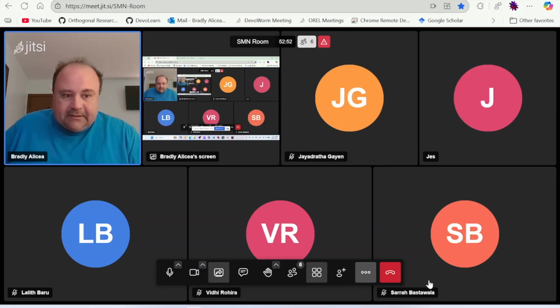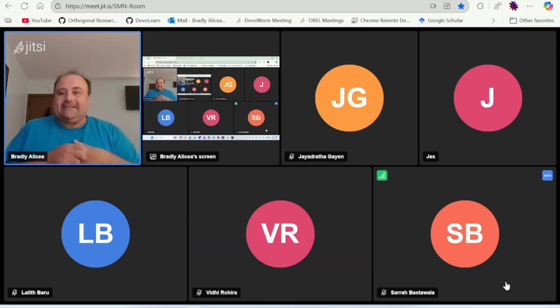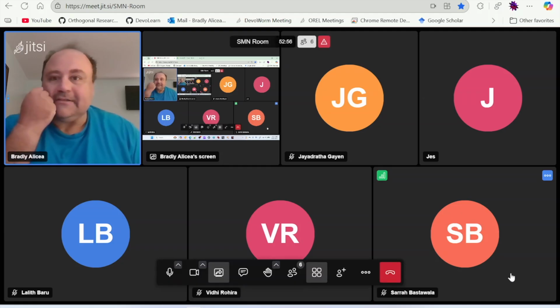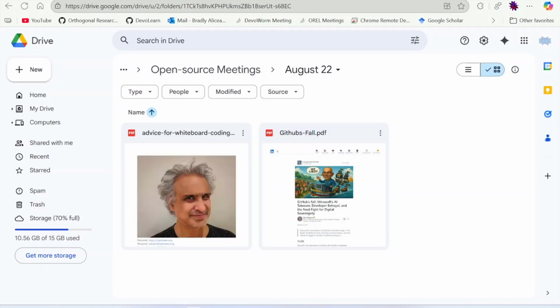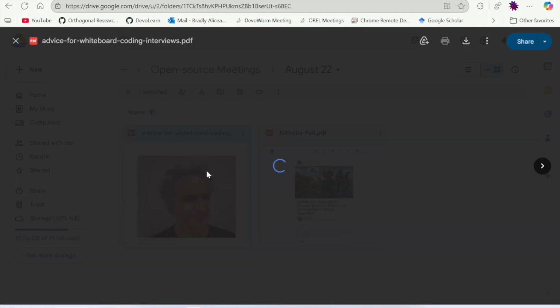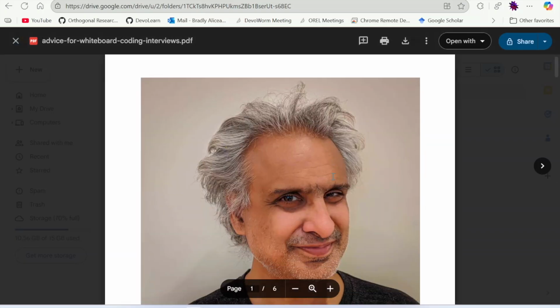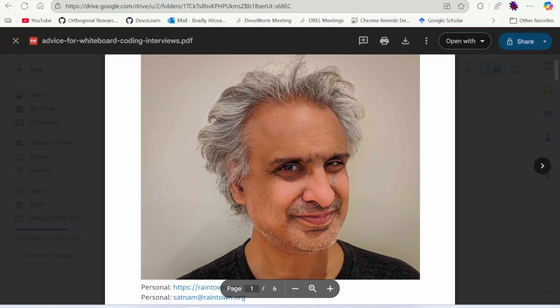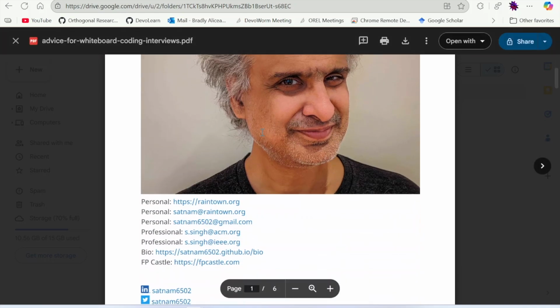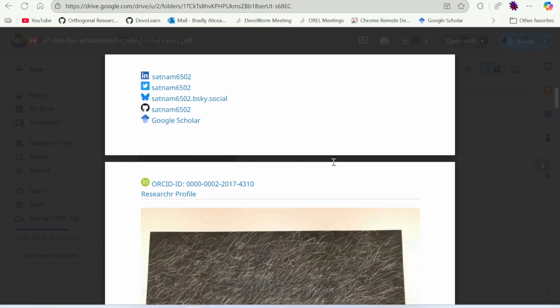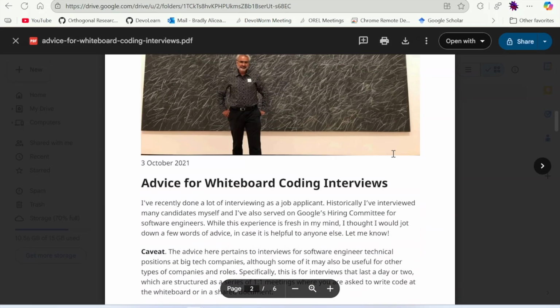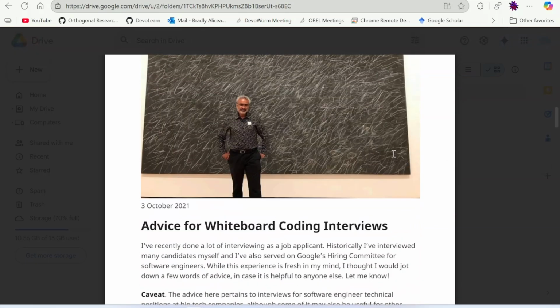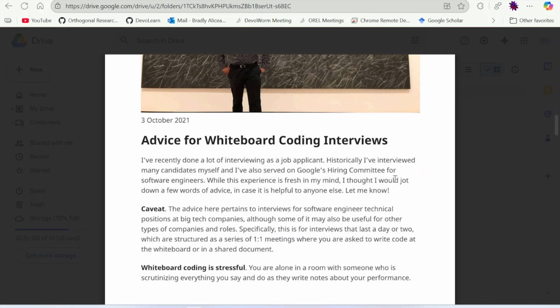Okay, I have a couple things to share for the last feature of this meeting series for this year. There are two articles here; one wasn't from the Slack. This is an article on advice for whiteboard coding interviews, written by Satnam. A lot of you, if you're going up for a tech job, will be given a whiteboard interview,